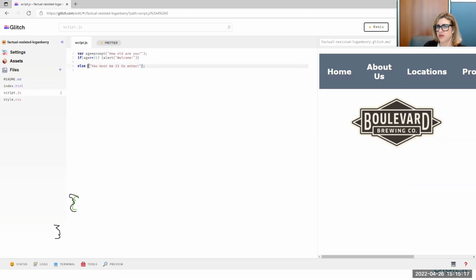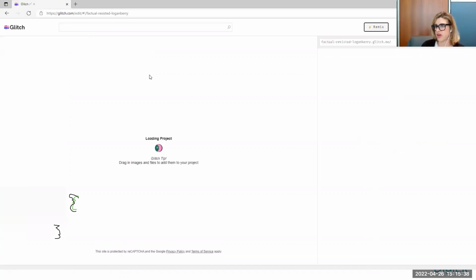So should I put alert after else maybe, or let's see what happens. And anytime you see this red, this is a pretty cool thing about Glitch. Anytime you see a red button, that's an error somewhere. So I should know right off the bat, I have done something. And even if I click refresh,